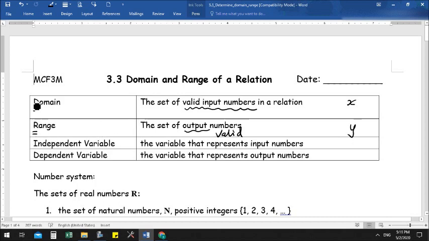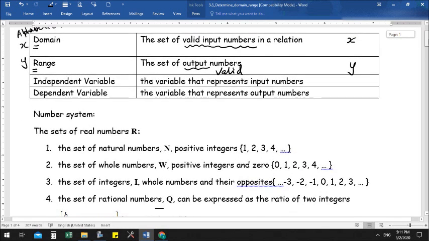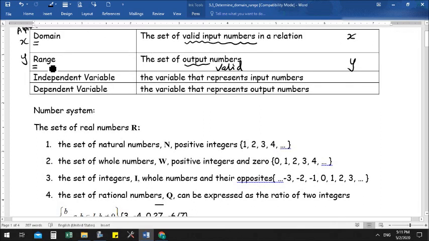relation. And sometimes you may confuse which one is for x, which one is for y. Just look at the initial letter. This is D, this is R, so it's just alphabetical order. x is in front of y, so D is in front of R. So you just compare: the domain is in front of range, so domain is for x, range is for